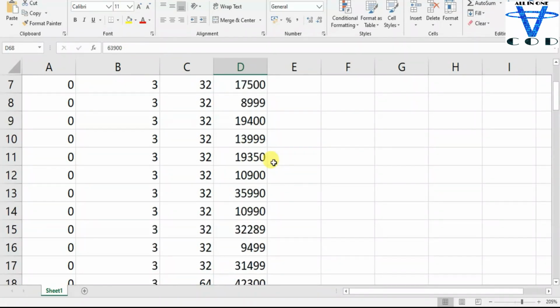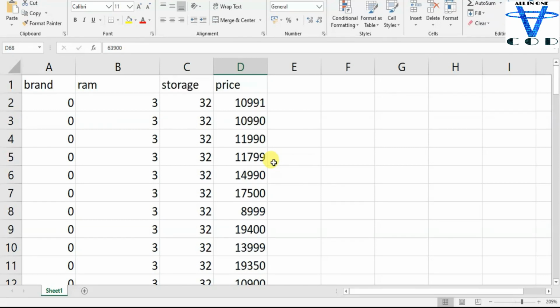You can even change the brand, like 3 for MI or 4 for Lenovo or any brand you want, but you have to add an integer in here, because if you add a string like Samsung, Apple, we are going to get a problem later. So just add 0, 1, 2 or any integer. Okay, now you can see in here I just added the real price.